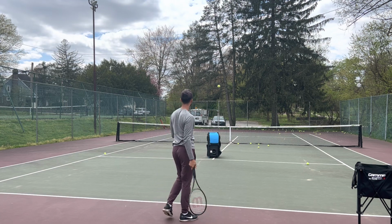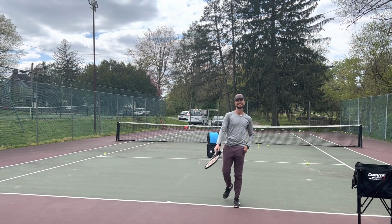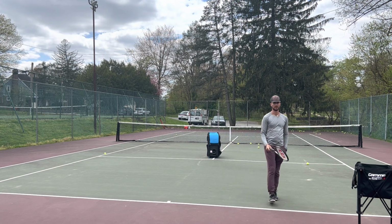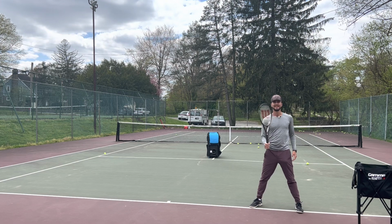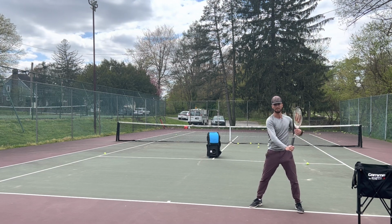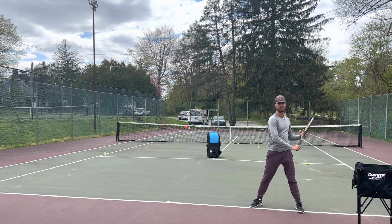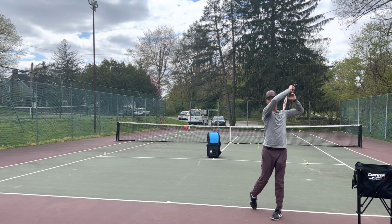Okay, so now you learn this forehand swing path. Now, if you want to make it more consistent, what are we going to do? A lot of players use their arm when they hit the forehand, right? Instead of taking it back with your right arm, you're going to push the racket back with your non-dominant arm, and then you're going to catch the racket,